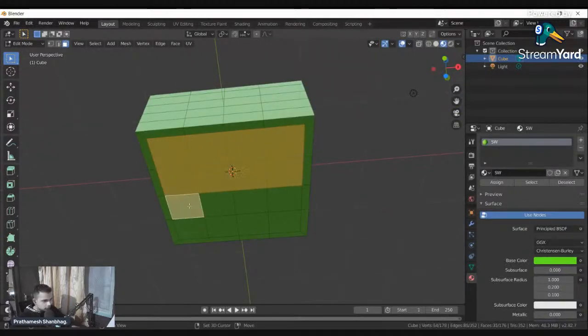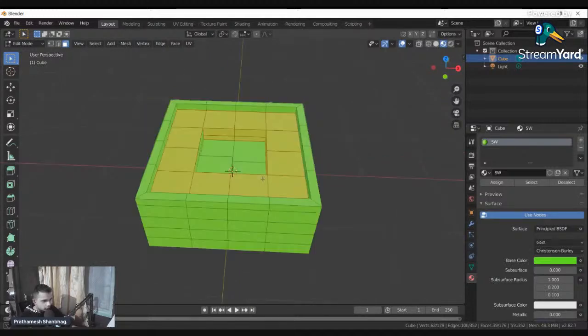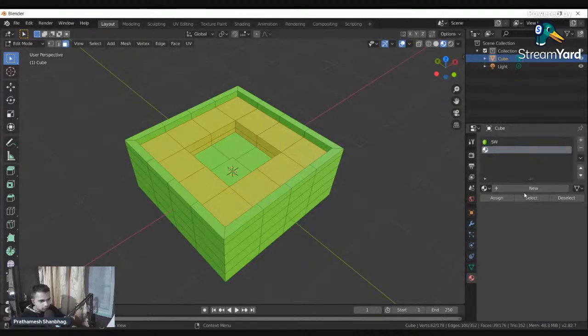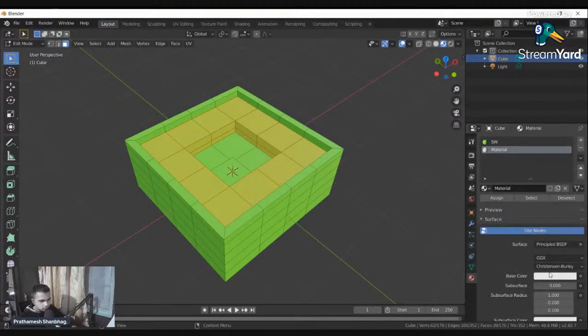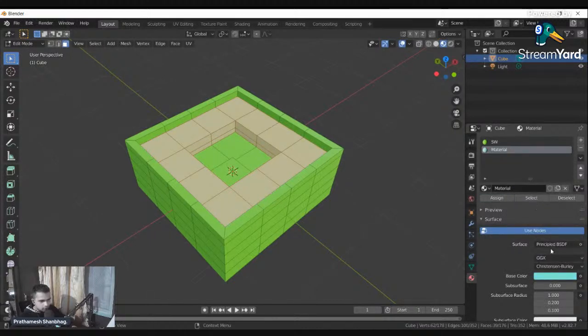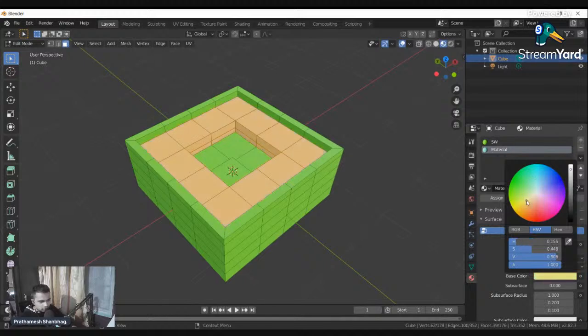Here you can't use the double click because it's going to select the whole loop, and that's not what we want. Then go to new material, select new, just check if it's working first. Oh, I'll have to click on assign and then give it a different color. Some light green should work, very light green.